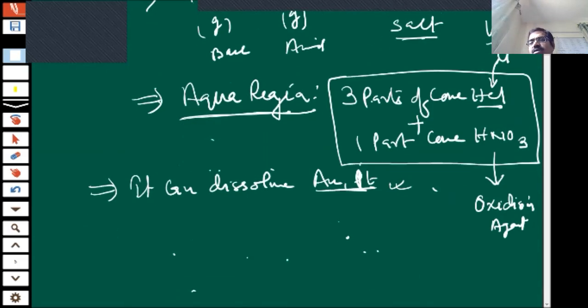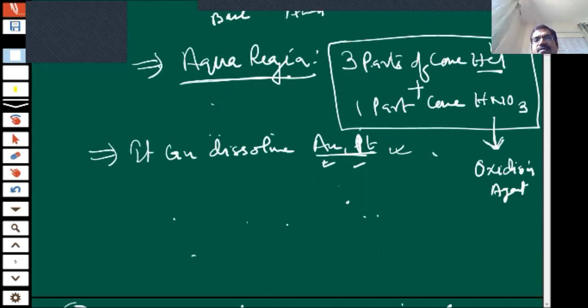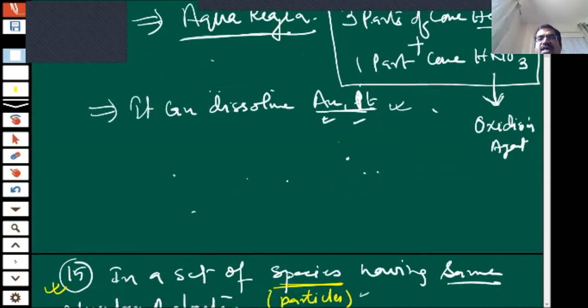So as soon as nitric acid removes the electron from either gold or platinum, immediately that vacant orbital is filled with the Cl minus lone pair. So they form a coordinate bond. In this manner it happens. One is removing the electron and making the vacant orbital, and another is using that vacant orbital and forming a coordinate bond as a ligand, isn't it? In this way, gold and platinum are captured.